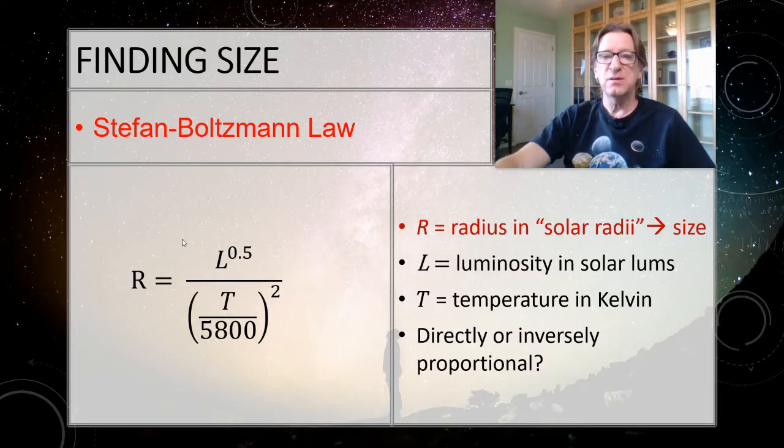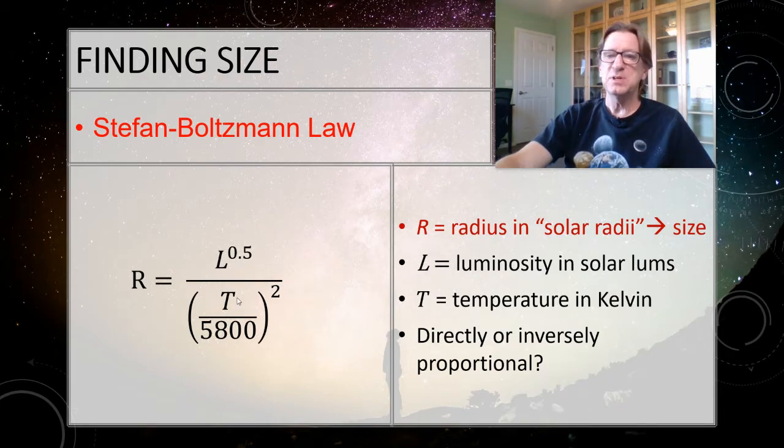So L here has to be the luminosity in solar luminosities. So 1.5, whatever it is, you're raising it to the 0.5 power. Some of you know that that's the same thing as taking the square root. If you want to do that, that's fine. It's also perfectly fine to do 1.5 and then hit your caret or y to the x or whatever it is, raised to the 0.5, and then that will give you the same value there.